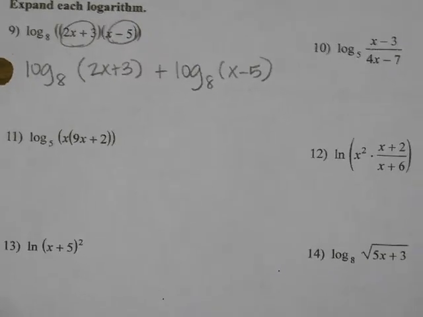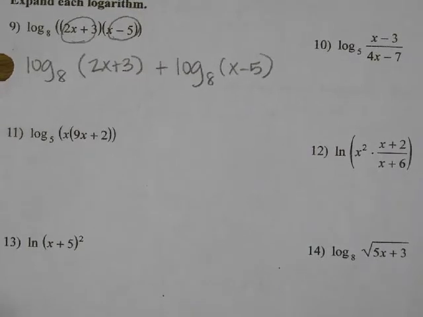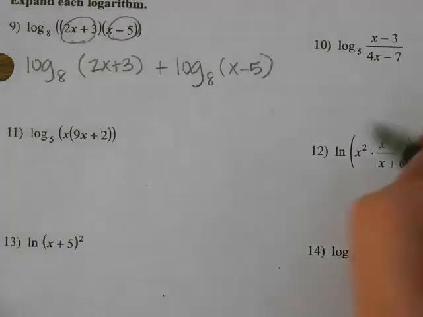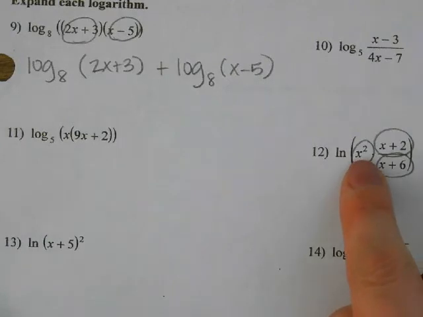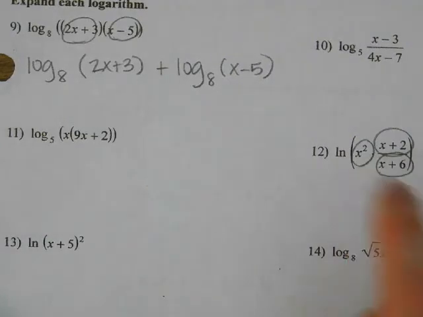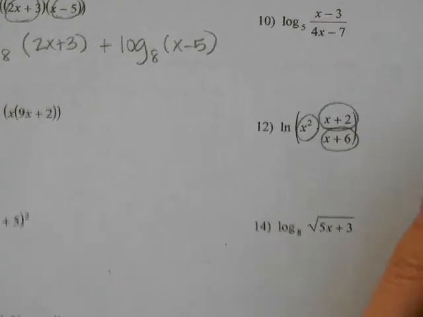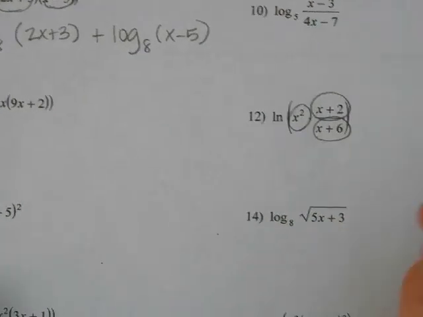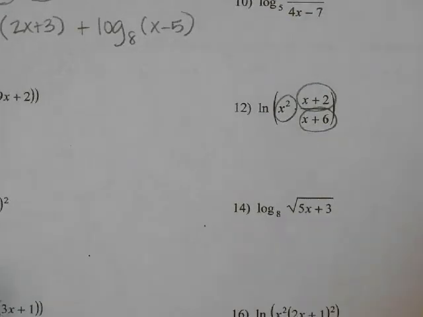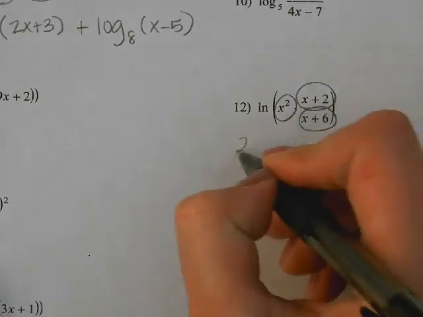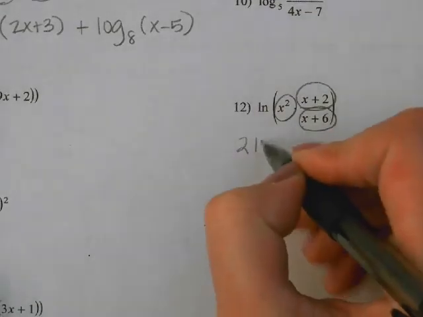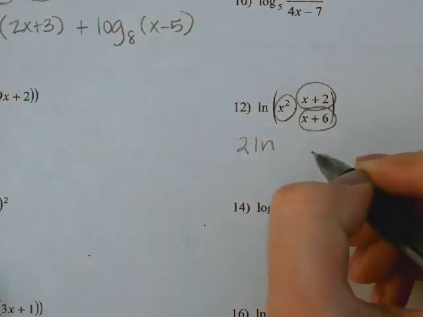How about when we look at a problem like 12? How many times are we going to write log for that one? 3. Yeah, 3. You could do 4 if you wanted the x squared to be an x and another x. It would be possible to do it as 4. But the way it's broken up, it looks pretty good to do it as 3. So we're going to say, what do we write first? 2. Yeah. So 2 ln